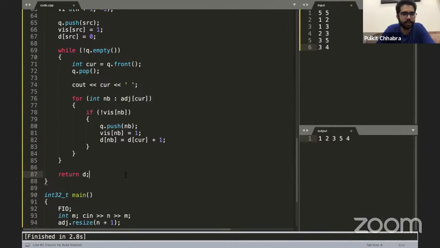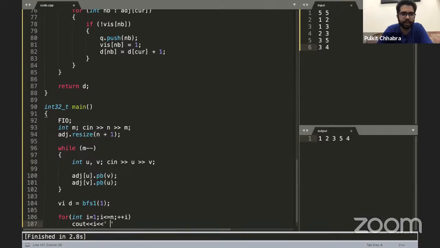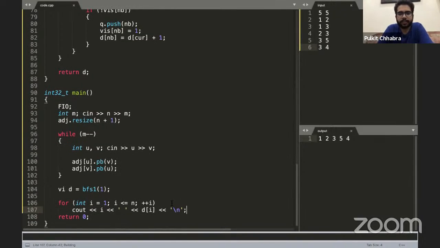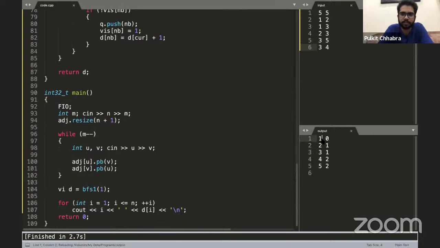I think everything is cool right now. Everything is cool till now. So yeah. Once we are done with this, we can just print all the distances and check if it makes sense. So I just print every node i and the distance of that node i from the source. Okay, so I just erase this cout so that it is easy to see the distances. Yeah. So distance of 1 is 0, 2 and 3 is 1, 4 and 5 is 2, which makes sense,